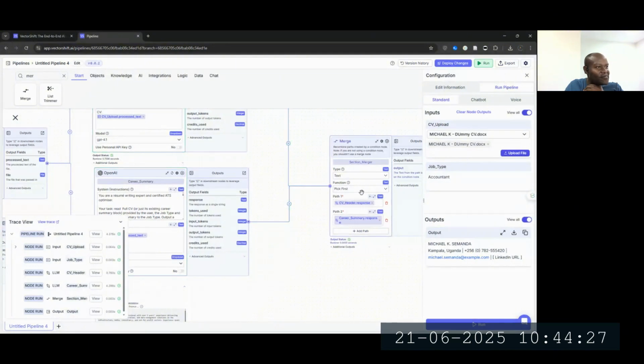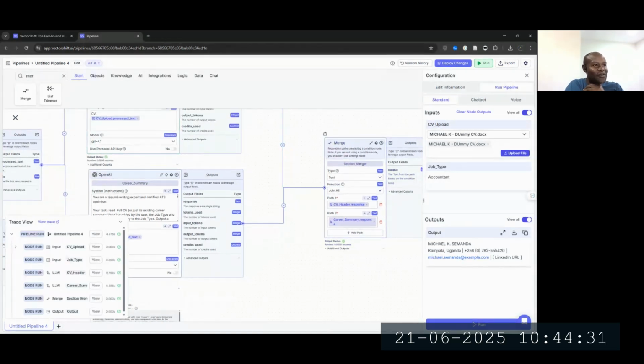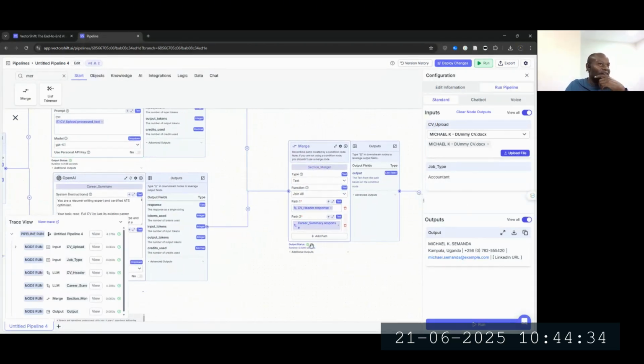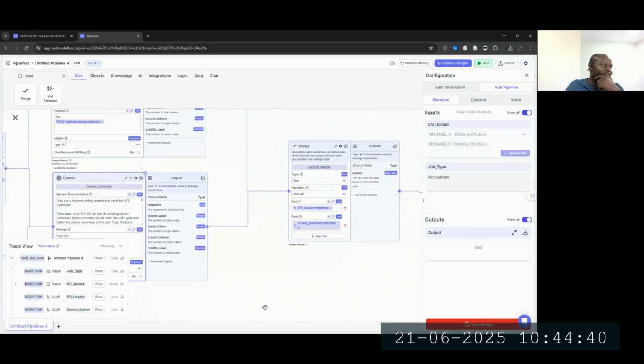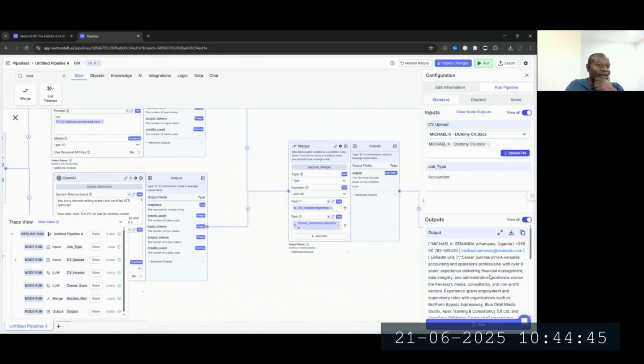Text, pick first. Okay, join all. Sorry, I was supposed to join all outputs. No problem. Rather than pick first, we're supposed to join all outputs. We can click run again and see what it does. So it looks at the CV and then it gives us